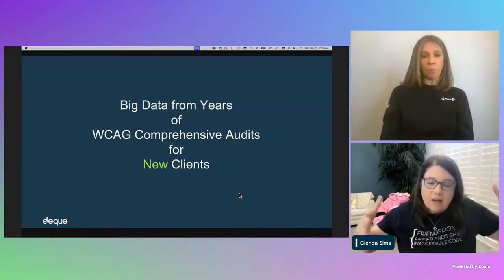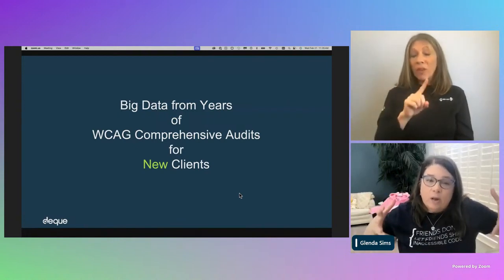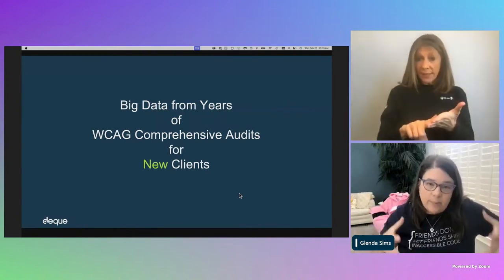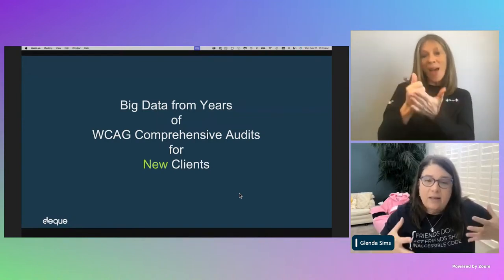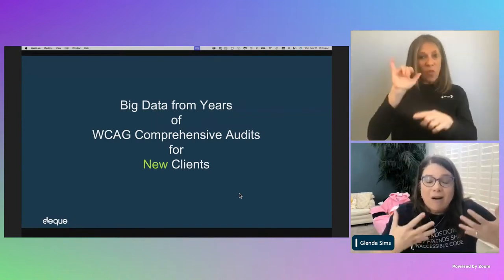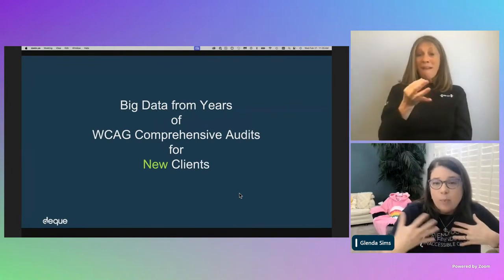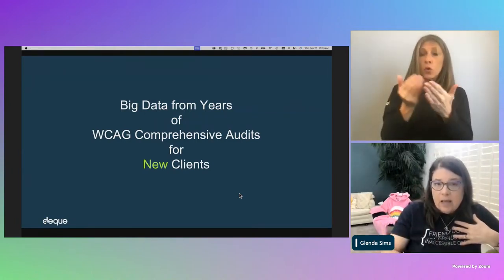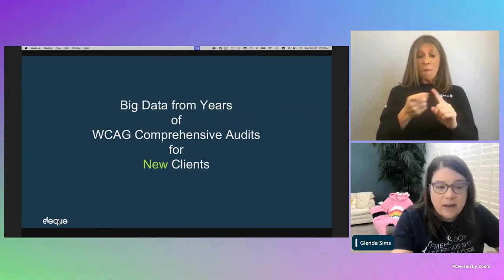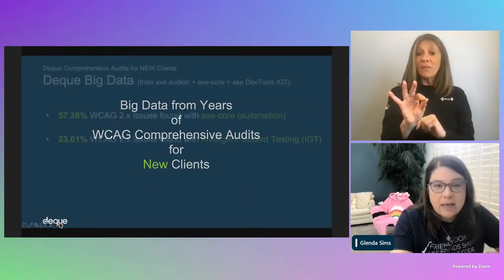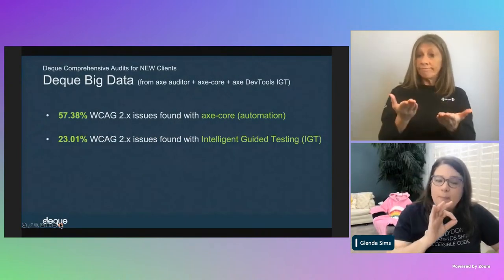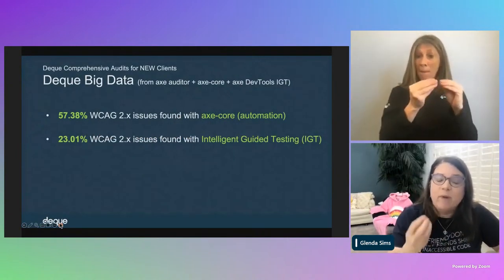And we're sitting on a database of all of those audits. And so Sachin helped me get access to that big data where our experts did WCAG comprehensive reviews for new clients. And from that, we discovered that it really was that the number of issues by volume,